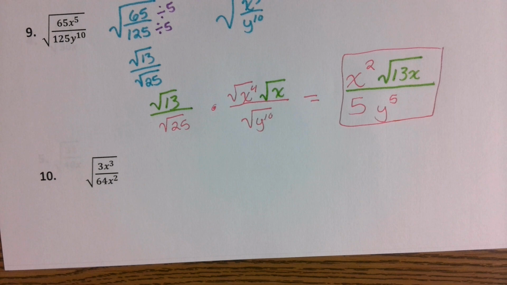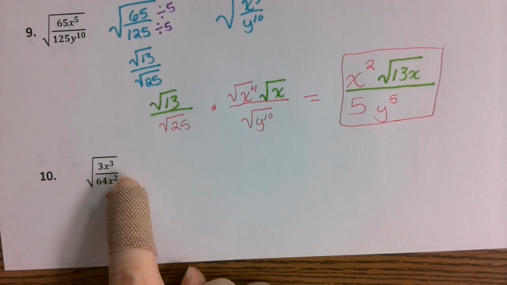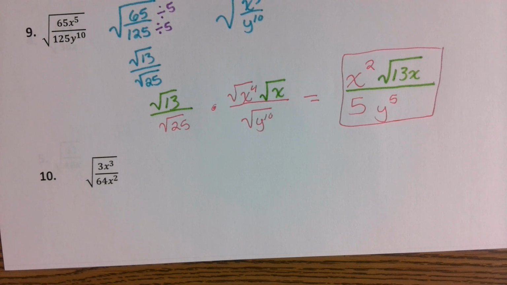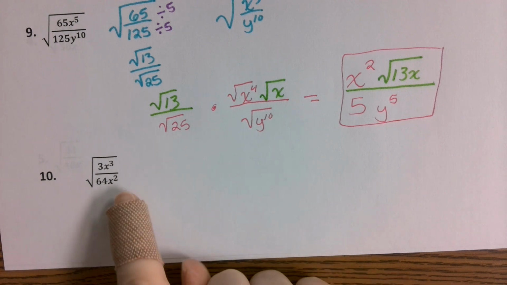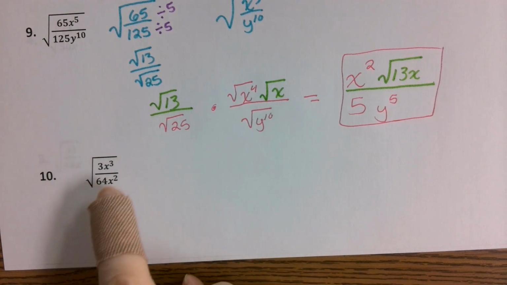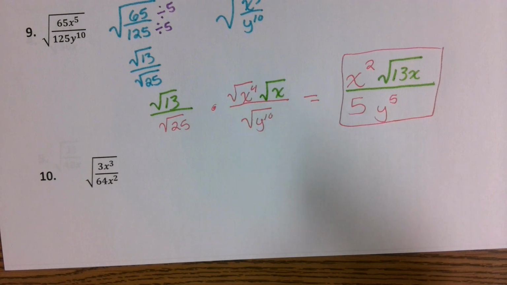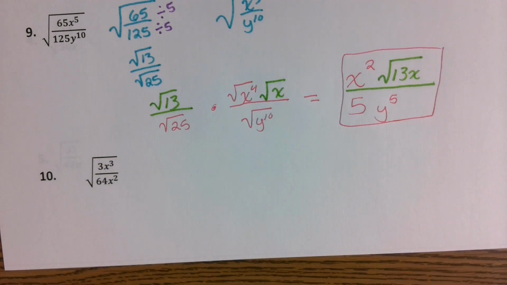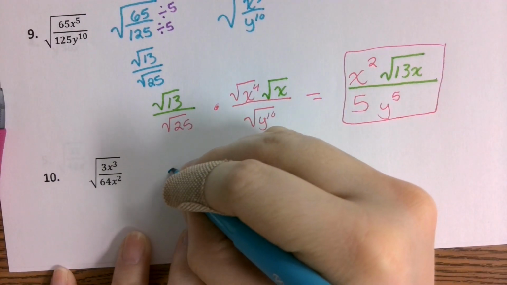For our last one, we have square root of 3x to the 3rd over 64x to the 2nd. X to the 2nd is a perfect square, but I'm going to have to simplify anyway. So since it's variables, I might as well just go ahead and simplify x to the 3rd over x to the 2nd. If we break these all apart,